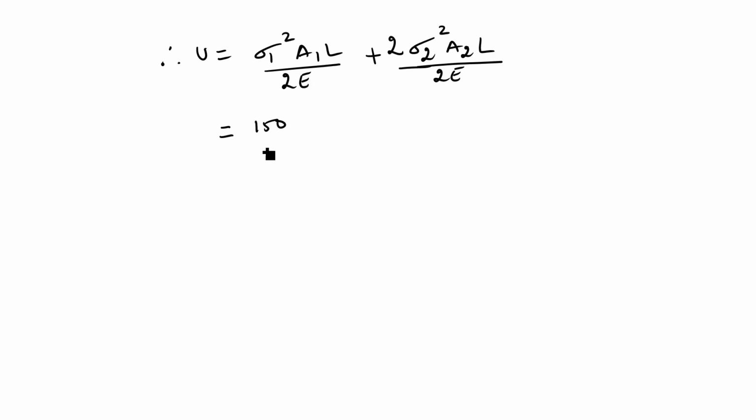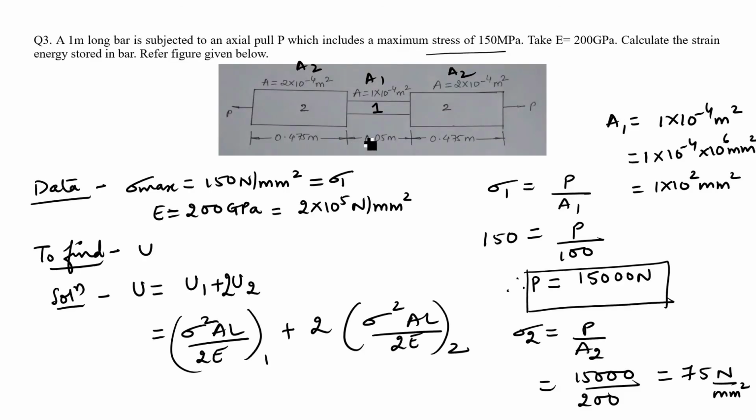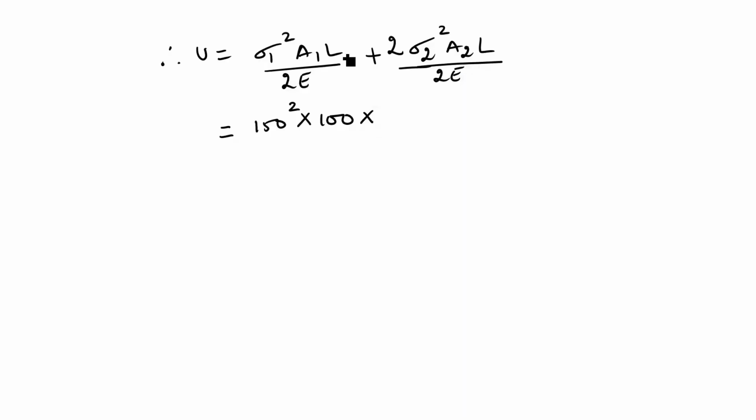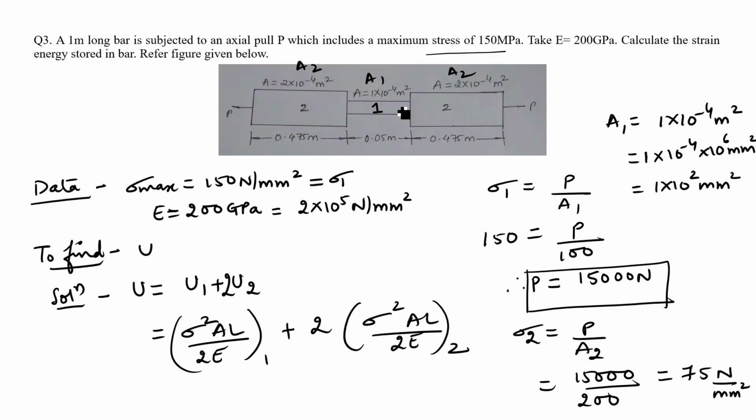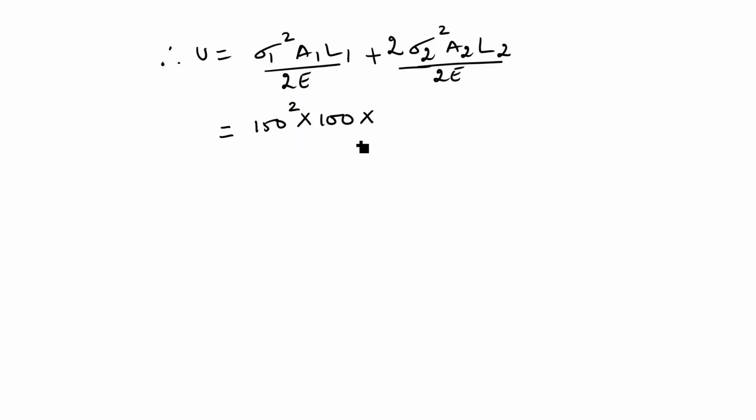So 150 square, A1 is 100, L is also different. So this is L1, this is L2. This is 0.05 meter, which means it is 50 mm, upon 2 and the value of E is 2 into 10 raised to 5,